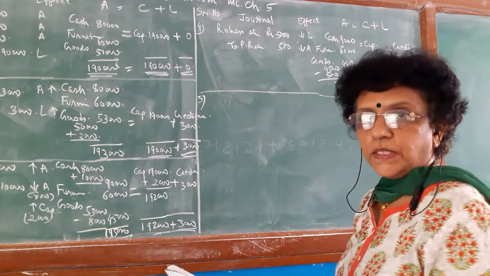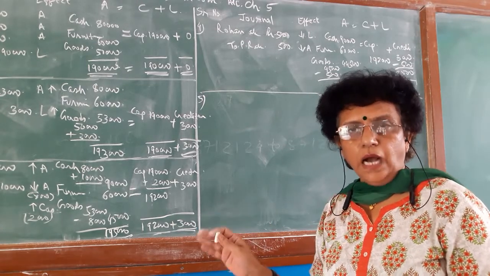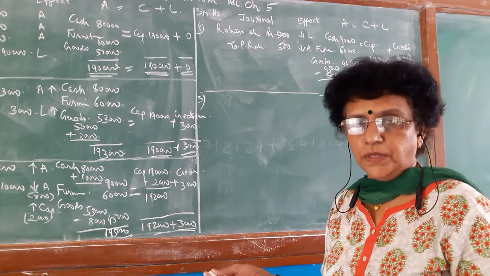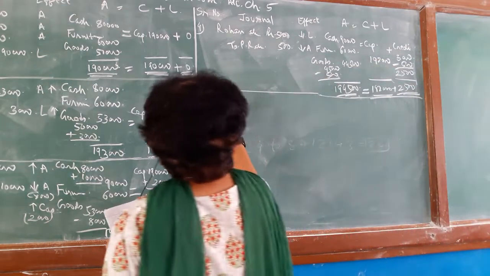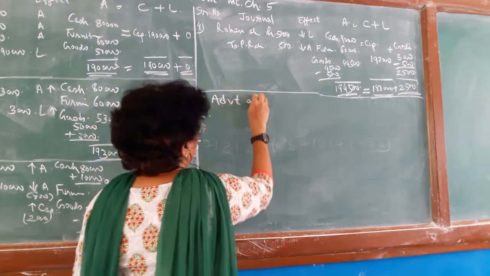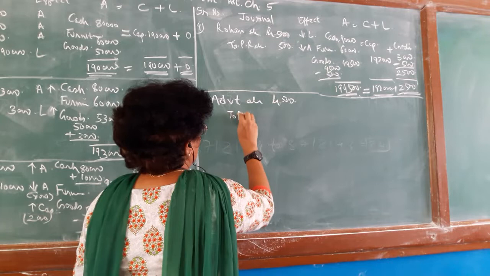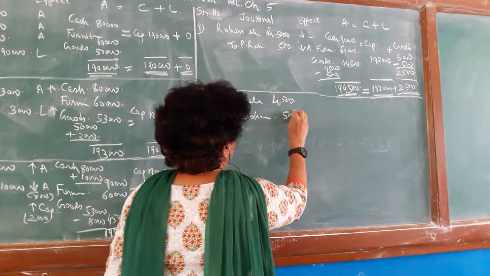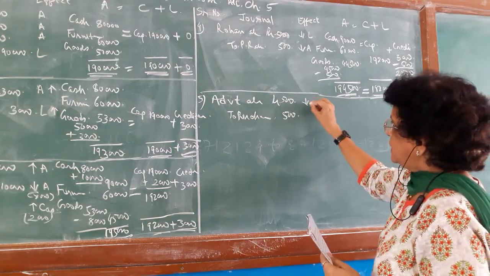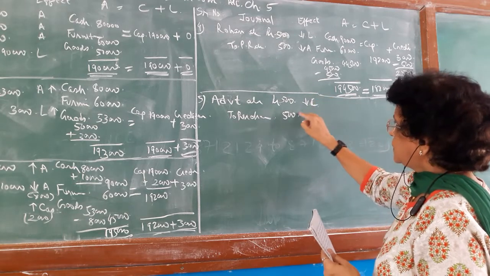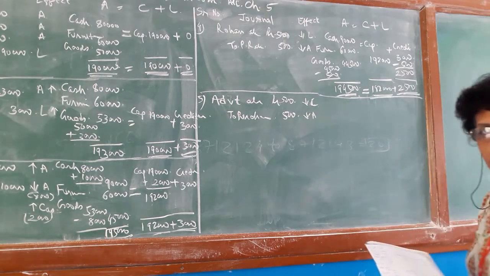Goods distributed as free sample, 1,500. You are distributing goods, so goods are going out, and you are distributing them as a free sample. So advertisement account debit to purchase account credit. So advertisement account debit 500 rupees to purchase 500 rupees. So the effect: advertisement is an expense for you, so there is a reduction in your capital, and in purchase there is a reduction in your asset, that is your goods.